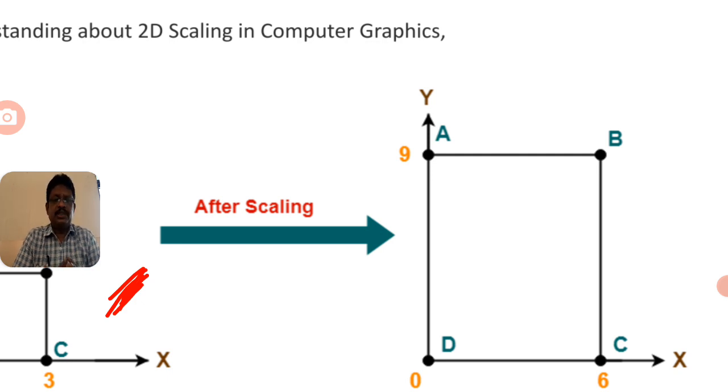So this is one of the transformation techniques which alters the size of a particular object. In the sense, we can modify that particular object, either increasing or decreasing it, depending on the scaling factor. Now, since the scaling factors Sx and Sy are both greater than 1, the object is increased.